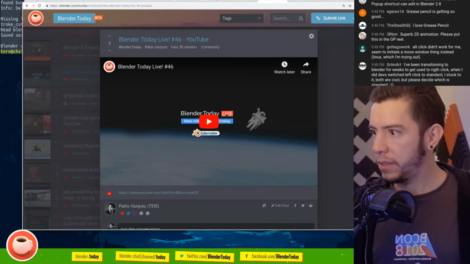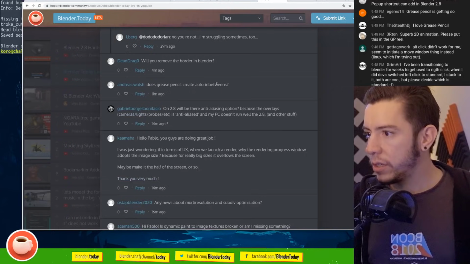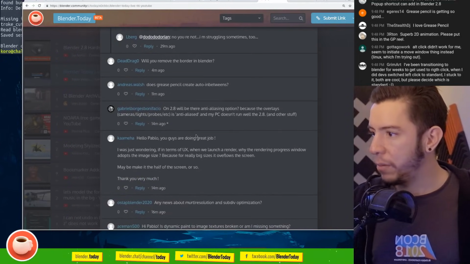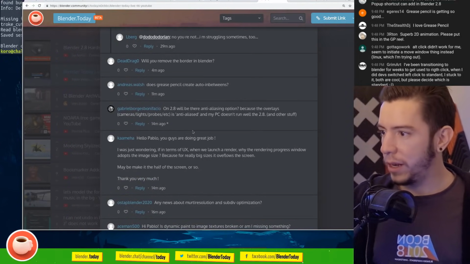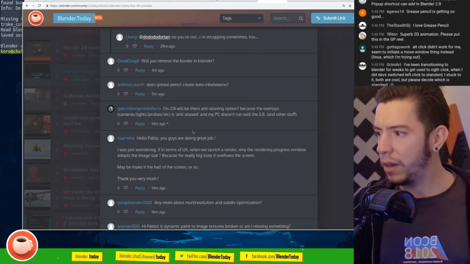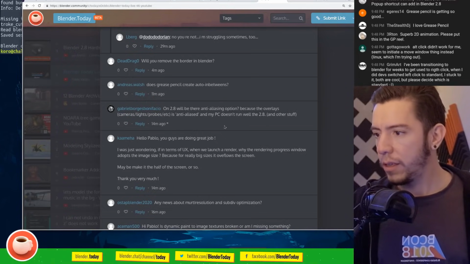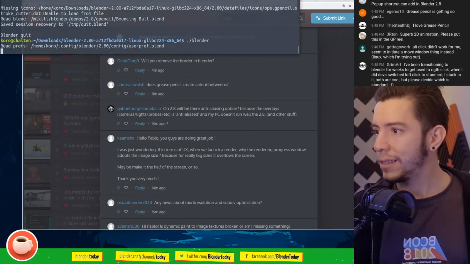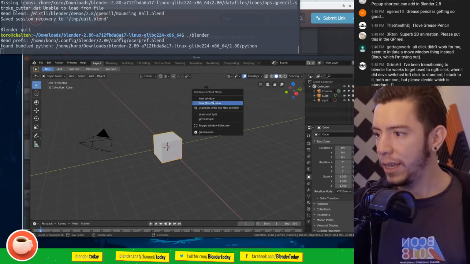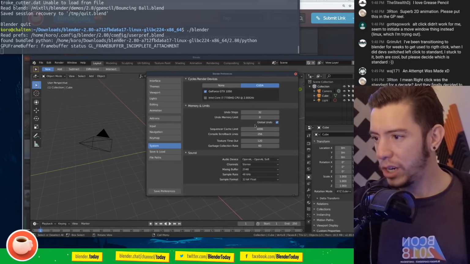We're 10 minutes away. So let's, where was I? Here. Gabriel Borges Bonifacio: On 2.8, will there be an anti-aliasing option? Because the overlays are anti-aliased and my PC doesn't run 2.8 well. Well, you have a quality setting that you can disable. In Preferences, you can change